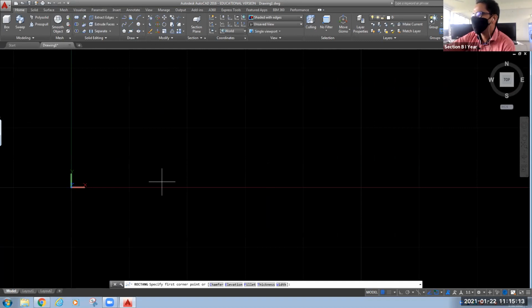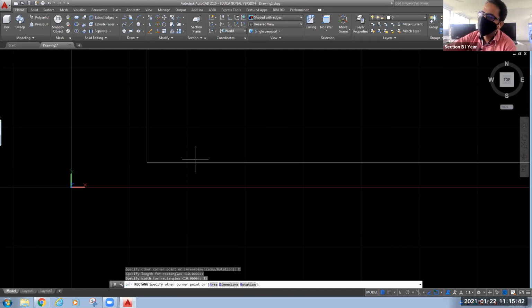Specify the first corner point starting from here, and you can give the dimensions also. By default it is showing 10, so you can keep that same dimension here. The width I will make a little bit more, 15.